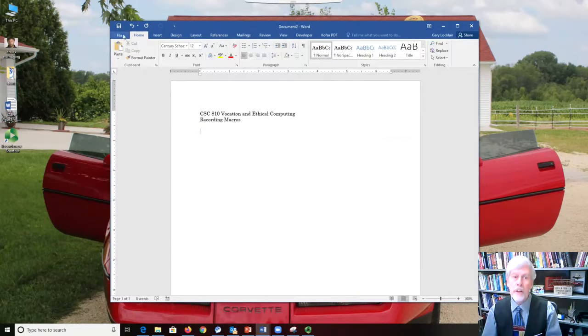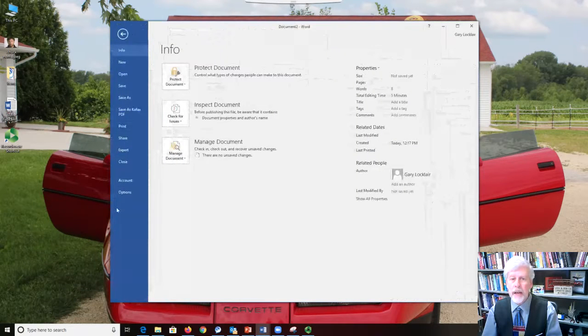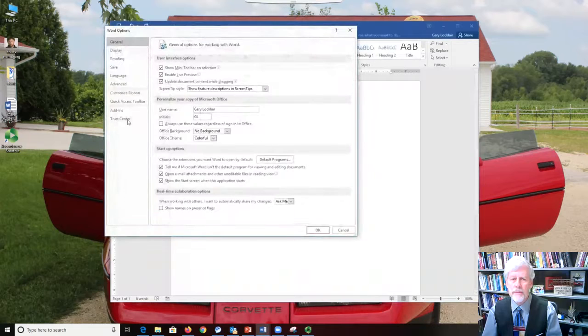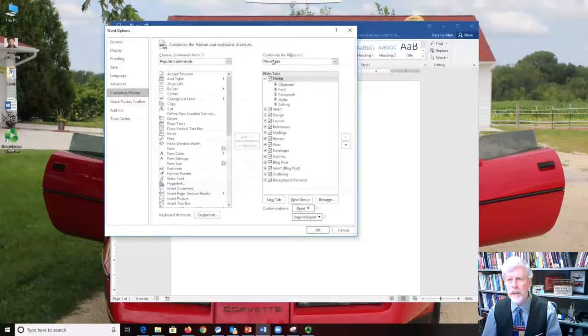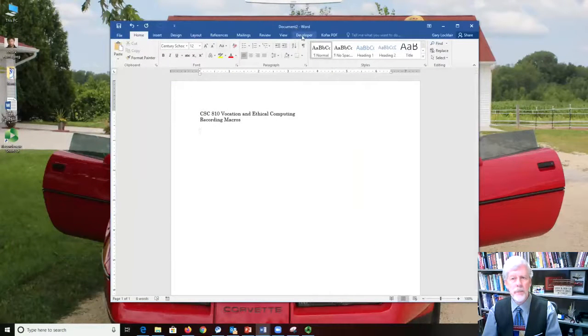So go to your File tab, and under Options, you notice it starts at General. Go down to Customize Ribbon. And here under Customize the Ribbon, you want to ensure that you have the Developer tab open. Oftentimes it won't be selected by default, so just be sure it's selected, say OK, and the Developer tab will